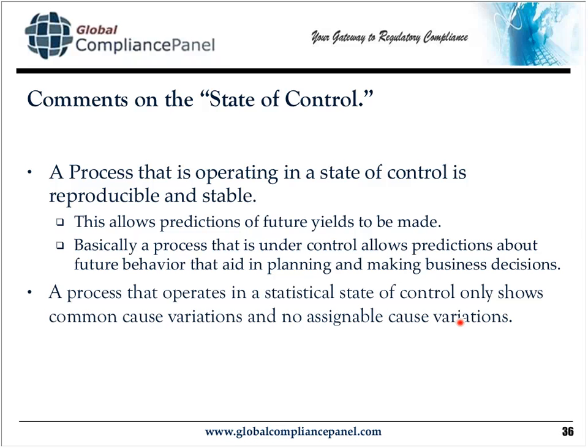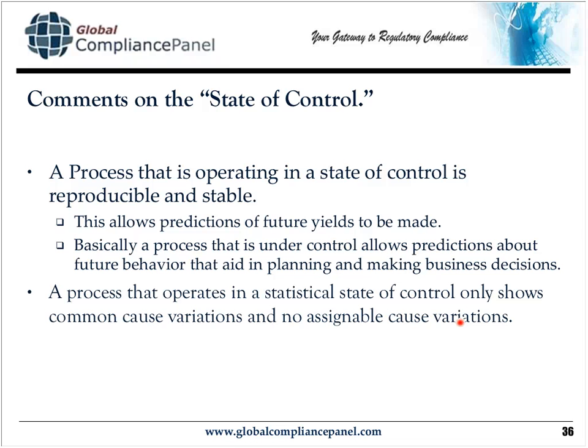Common cause variation is variation due to the process itself, and it's inherent in a given process. And you can't do much about it until you change the process. So it's usually said that common cause variations can only be fixed by management. It takes management activity in order to affect your process, your basic process variation.